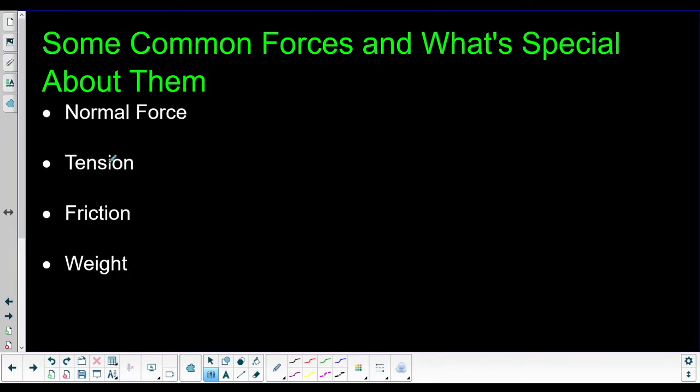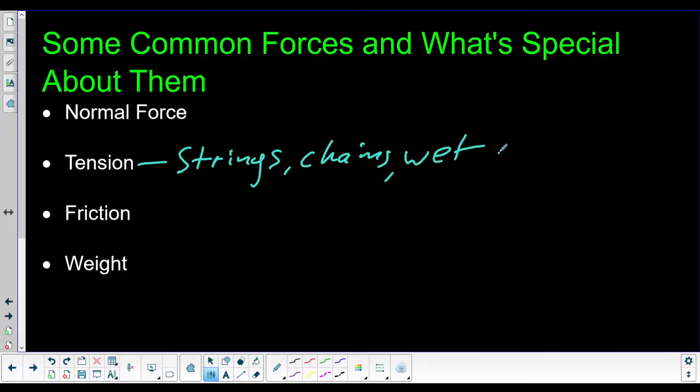Tension is what we are talking about when you have like a long malleable thing that you pull tight. This is for like strings, chains, any like wiggly thing, wet pasta. You feel me? Anything that's kind of like this and that you can pull tight into a thing, that's what tension is for. One important bit of nuance about tension is that the force,